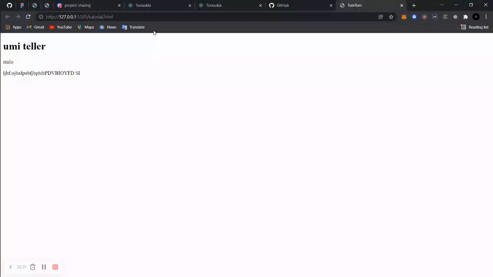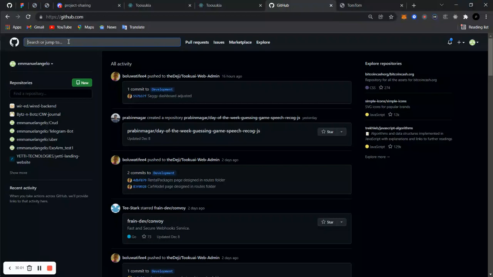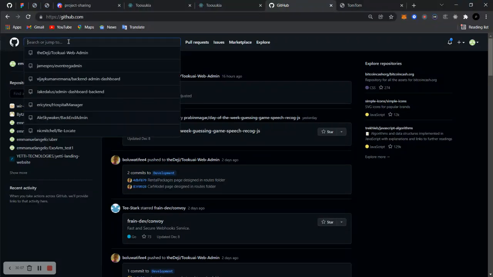So now when we go to GitHub, we can go and search for projects, and sometimes I actually use HTML templates for certain things I want to do. But the thing is that you can't use HTML templates if you don't even know web design in the first place. How will you be able to edit it if you don't know what you're doing? So you can actually find a website.